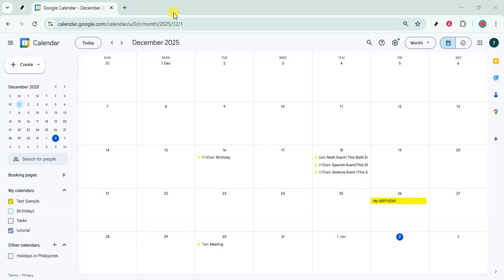In today's video, I'm going to teach you how to create a label in Google Calendar. Google Calendar doesn't have traditional labels like email does, but you can get the same result by creating a separate calendar and giving it a distinct color. Think of this as a smart, flexible label you can turn on or off, share if needed, and instantly spot